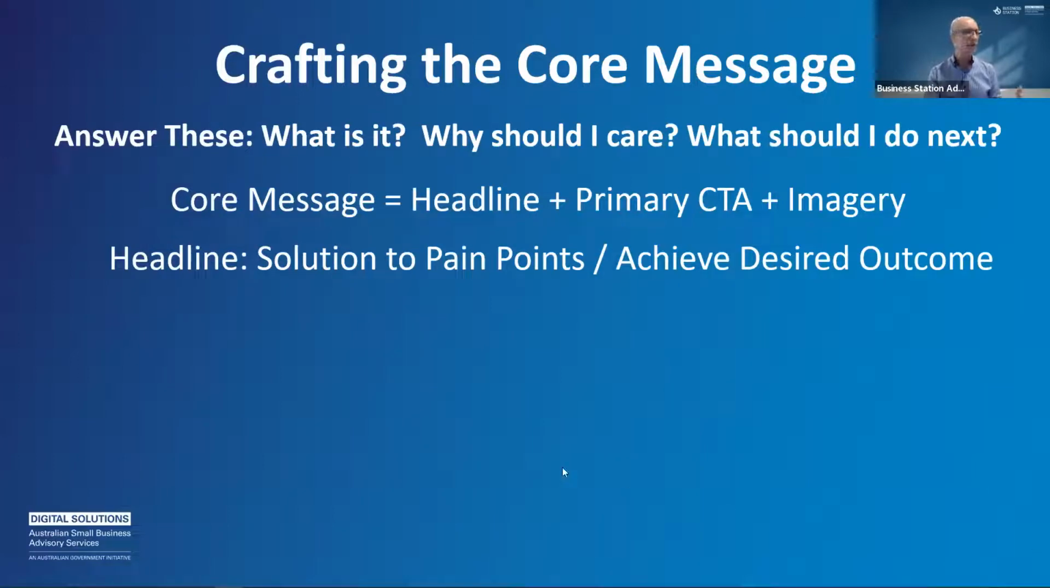So ideally, the headline should be addressing your customers' pain points. It should be talking about how you provide a solution to their